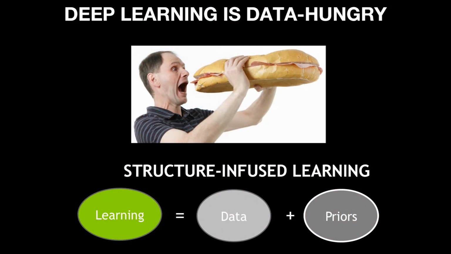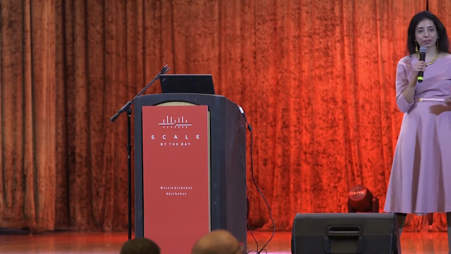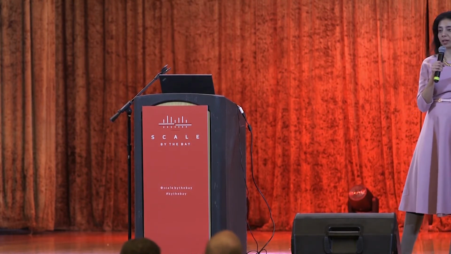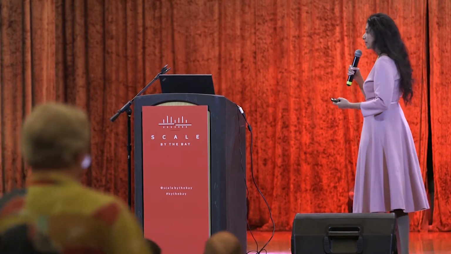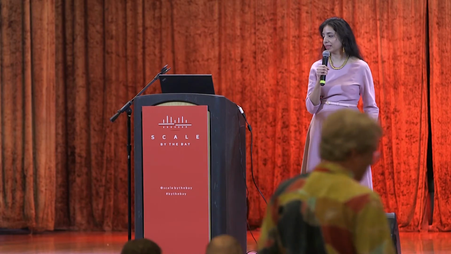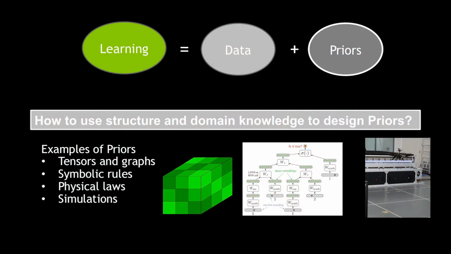And that's where I'd like to think of incorporating different kinds of inductive bias and structure into our algorithms. When we run a convolutional neural network, convolution is an inductive bias. It means we are incorporating translation invariance in our network design. The question is, can we now make that more sophisticated? What other kinds of domain knowledge, priors, and structures can we incorporate in the algorithms? And some examples that I'll show today are, some are structural, others are domain-specific.